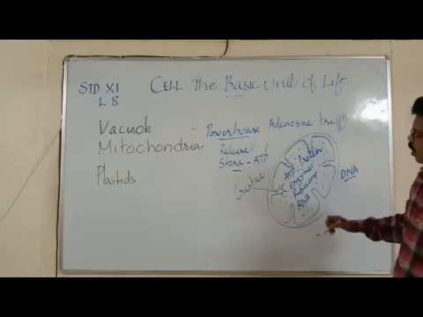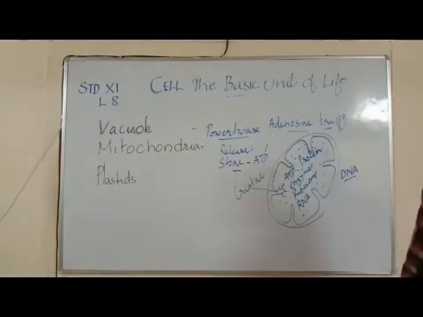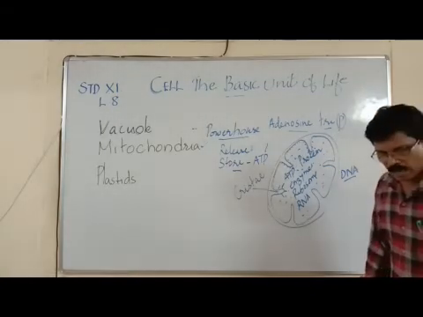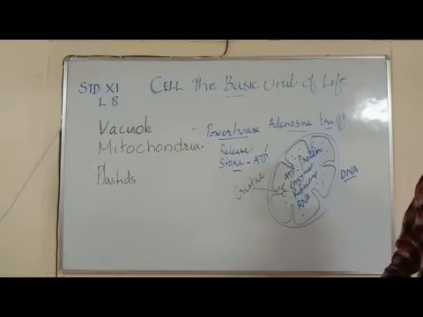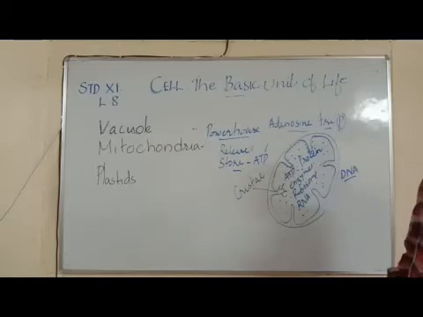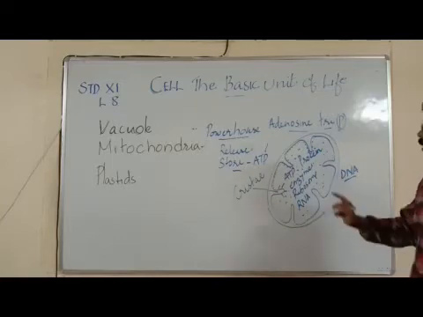So mitochondria, you have already seen, adenosine triphosphate is the energy currency of the cell. The ATP can store energy as and when the energy is formed in mitochondria, and it is stored in the ATP. So ATP will remain in the cell, and whenever the cell needs energy for various metabolic activities, and whenever we need energy for our work and movements, the ATP breaks off and releases energy. So ATP is called the energy currency of the cell. Powerhouse of the cell is mitochondria, where ATP is formed in the cristae.